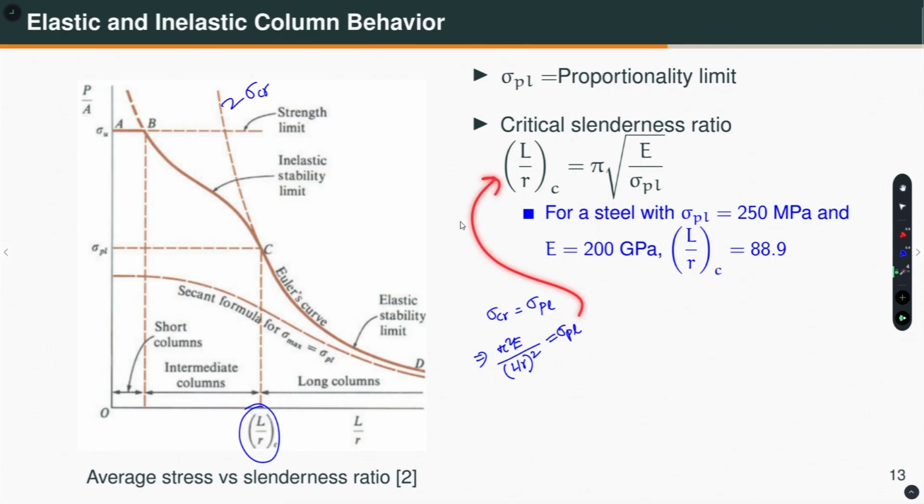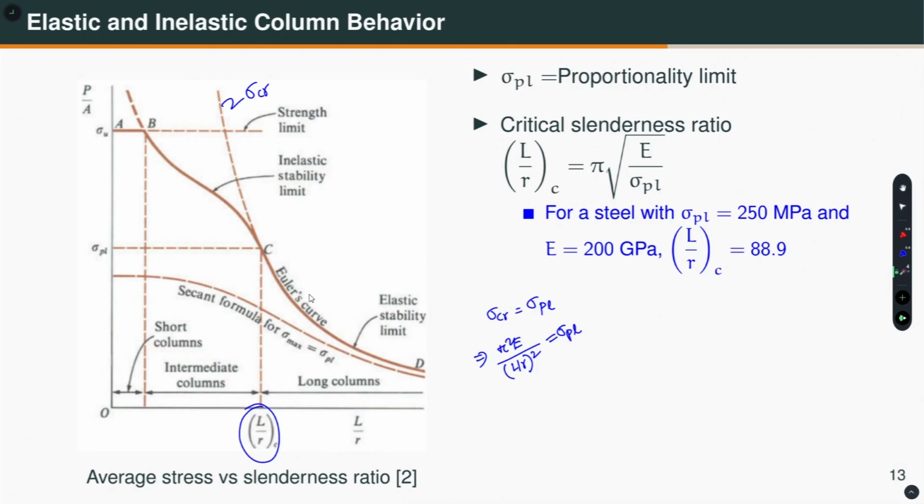From here I can directly write L by R is equal to pi into square root of E by sigma PL. So, consider a steel with proportionality limit sigma PL equal to 250 MPa and the modulus of elasticity equal to 200 GPa, then this critical slenderness ratio L by R can be calculated easily, and it turns out to be 88.9. So, the columns which are between this and this are basically intermediate columns, and they will fail by